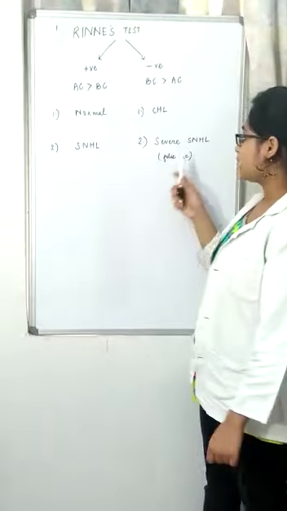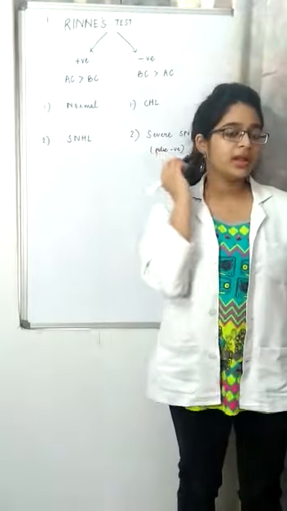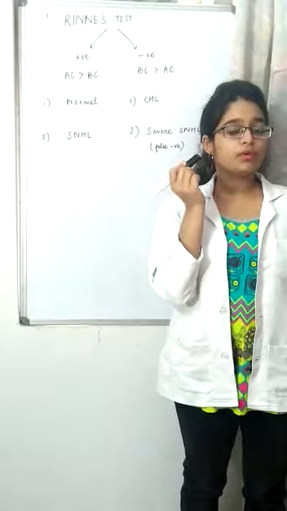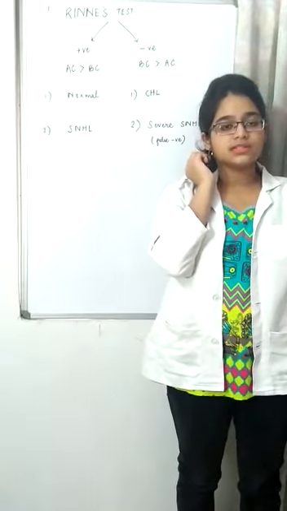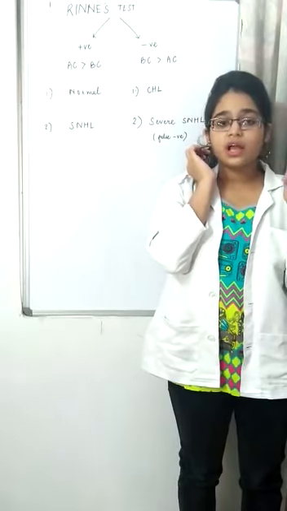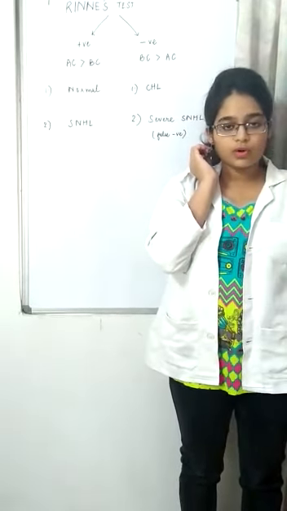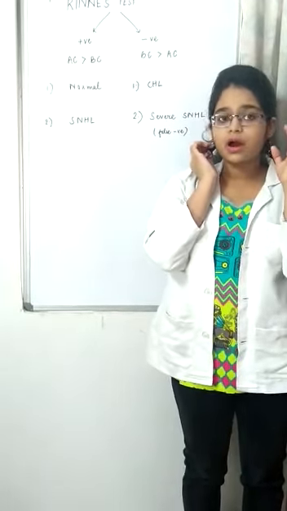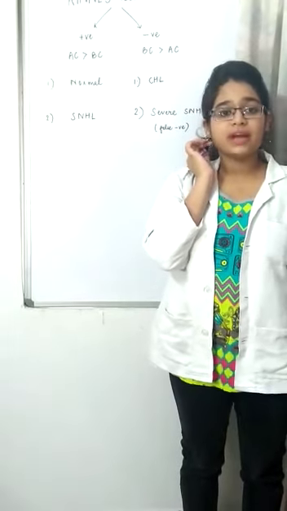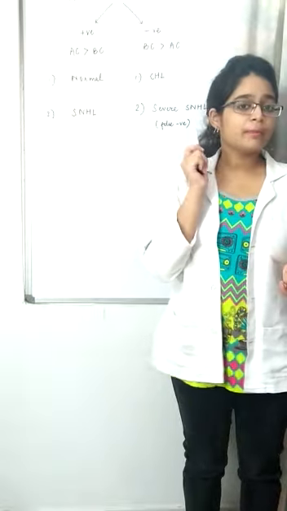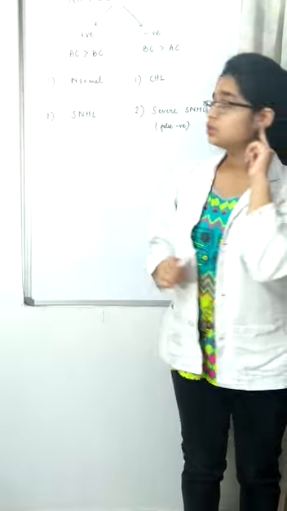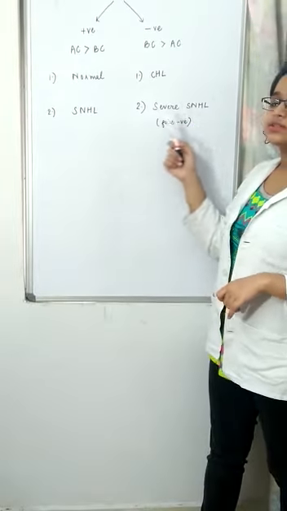So what happens? I am going to check the bone conduction. When I place the tuning fork over the mastoid, the whole skull bone vibrates. So the skull bones of this side are of course going to vibrate, and the cochlea from my left ear will be vibrating as well. So whatever sound I am hearing, it is not from my right ear but from my left ear. So that is severe sensory neural hearing loss.